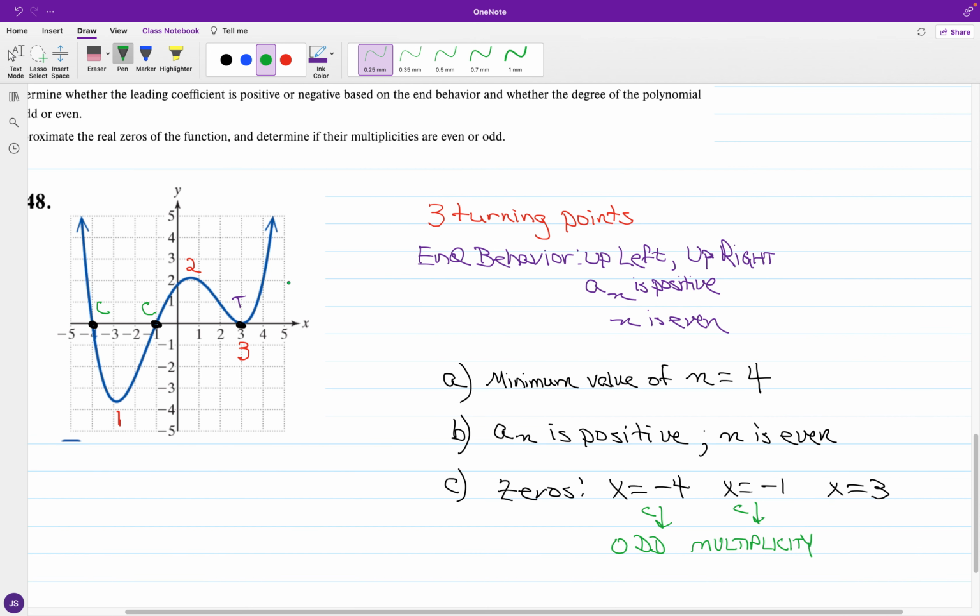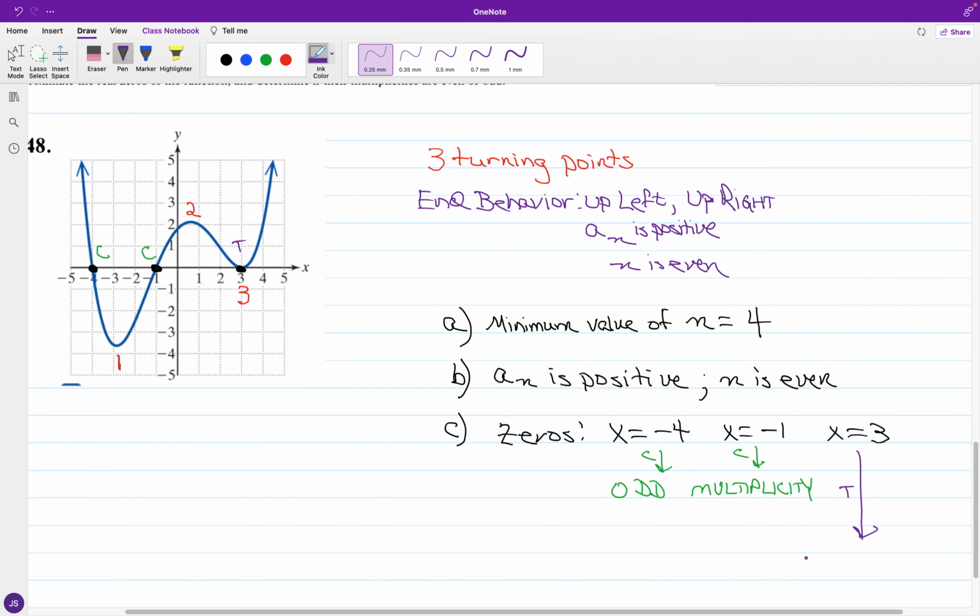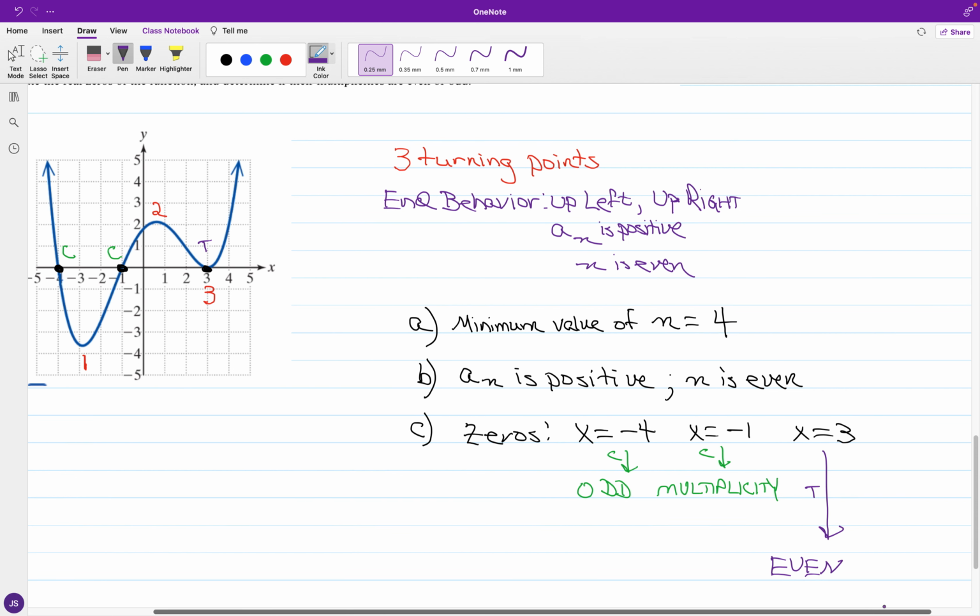Then we have, on the other hand, x equal to 3. At that location, the graph touches the x-axis at x equals 3. This zero will be of even multiplicity. And we still don't know specifically what this polynomial function is, but we have a good general idea